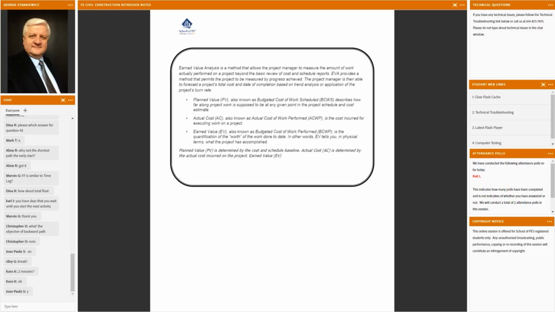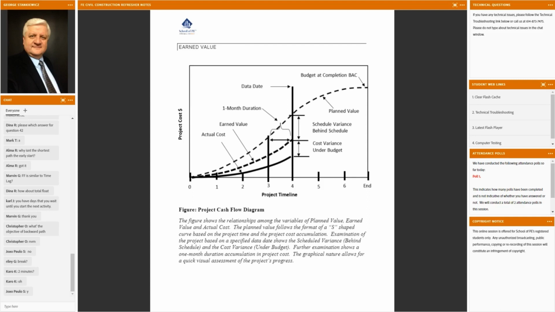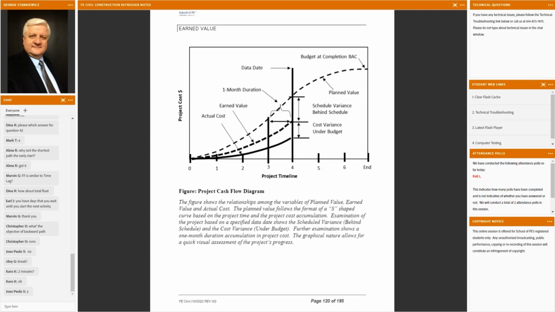So the best way to look at this is to take a look at the earned value cash flow diagram. Right, so we have the earned value cash flow diagram, which is right here. And what we see on the y-axis is the project costs, and the x-axis is the project timeline. We're using the Cartesian coordinate system to understand what we've got here with regard